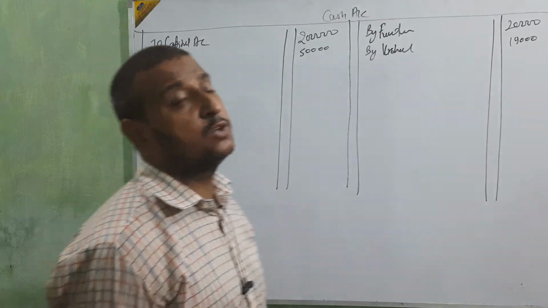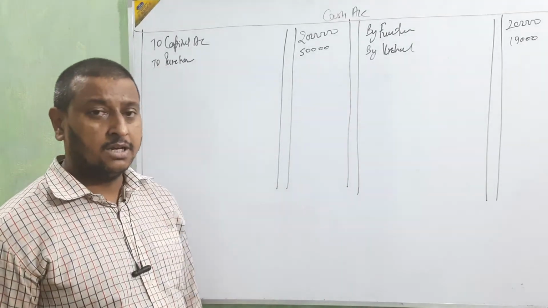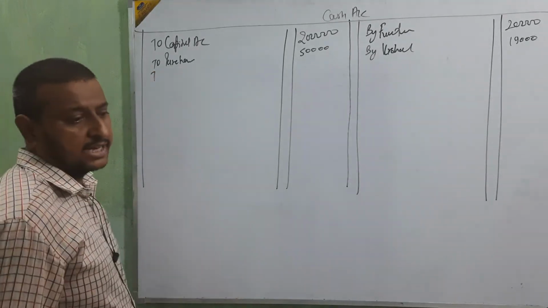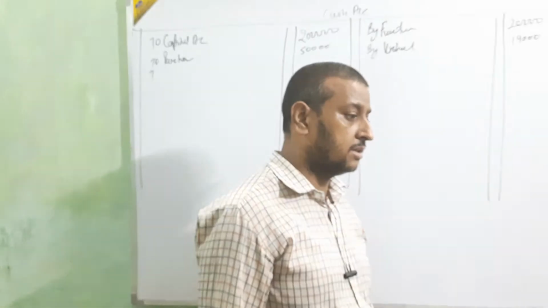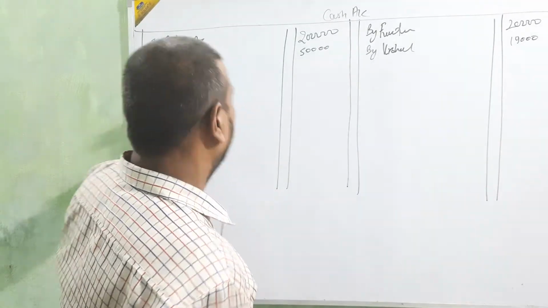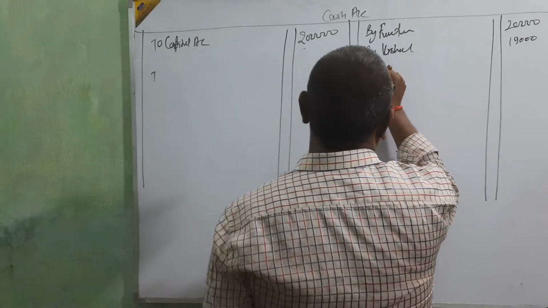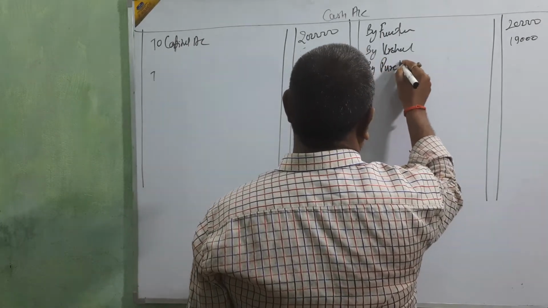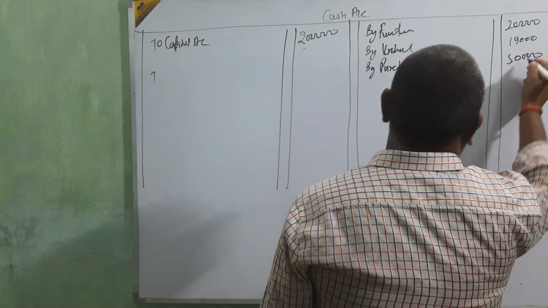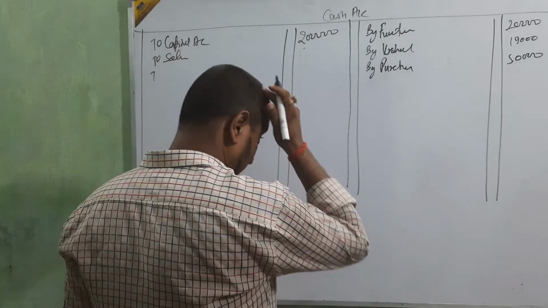Cash account debit to sales account. Again cash is coming and cash is debit. So sales will be what? Debit or credit? Cash account debit to sales account. And this purchase is what? Purchase account debit to cash account. Okay, the purchase account debit to cash account, it will be transferred to this side. So, by purchase, it's 50,000. Okay. To sales account. Amount? To sale.